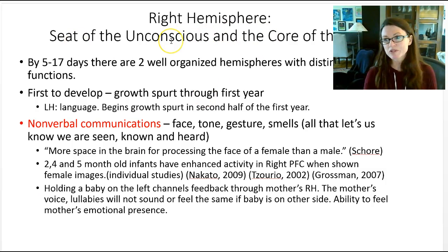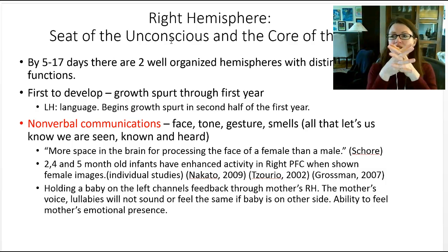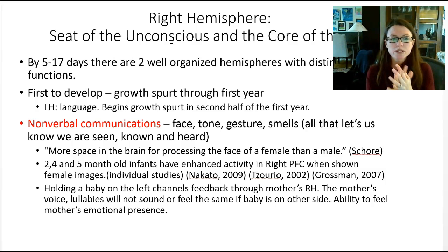The seat of the right hemisphere could be considered the seat of the unconscious and the core of the self. By 5 to 17 days, there are 2 well-organized hemispheres with distinct functions. We always have the 2 hemispheres, but they're not quite as distinct within their systems. So they're getting more and more distinct. The right brain is first to develop,